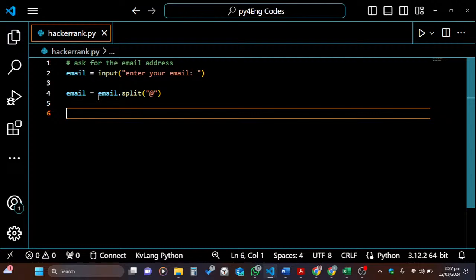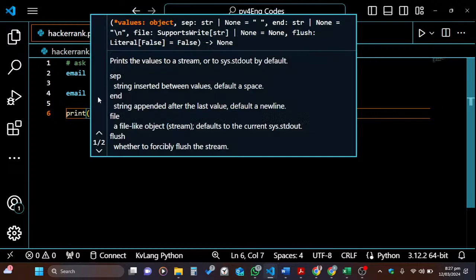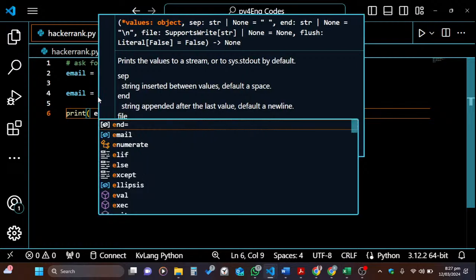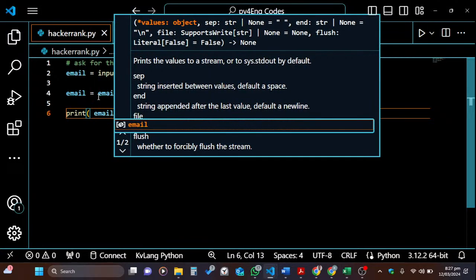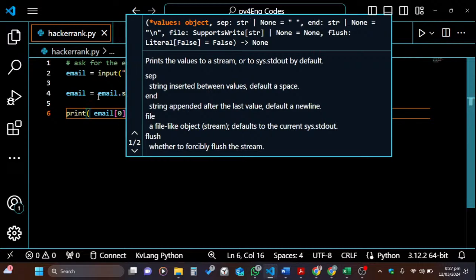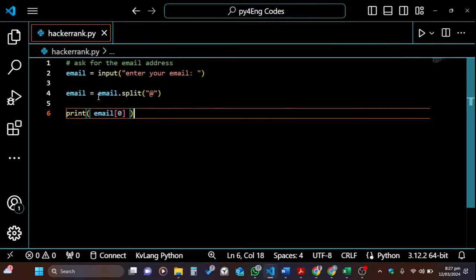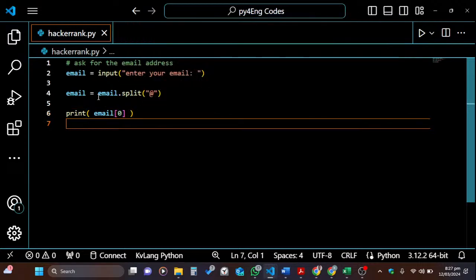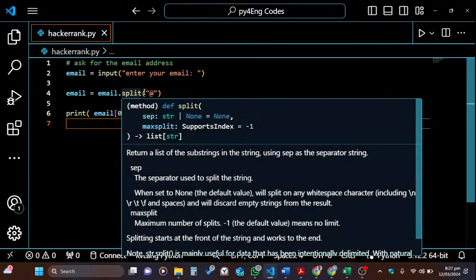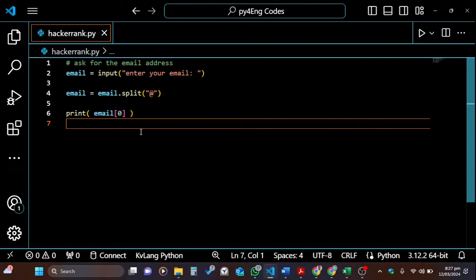Then once we are done splitting with the at sign, we just print out the first part of the email. We take the email from the user, we split it with the at sign, and we take the first part of the email because the username comes first. Now when I run this one here,